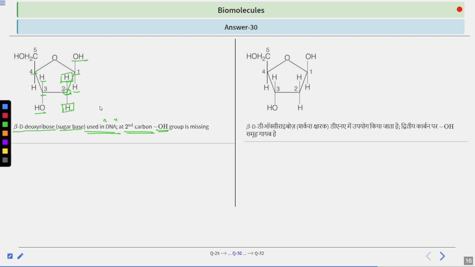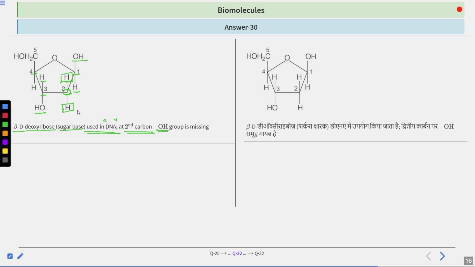The OH group was present in the beta D ribose, but in the beta D deoxyribose, which is used in DNA, we have absence of OH group at the second position. So that is why this structure, beta D deoxyribose, is used in the DNA structure, while the beta D ribose is used in the RNA. So you can differentiate between RNA and DNA by this concept that on the second carbon we have presence and